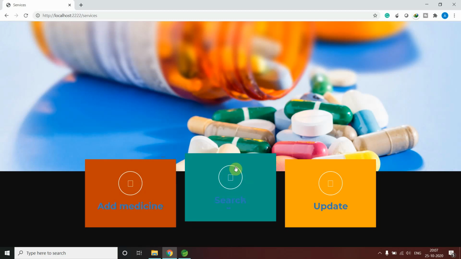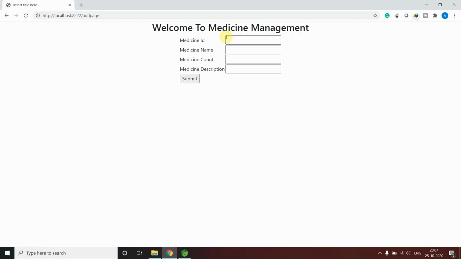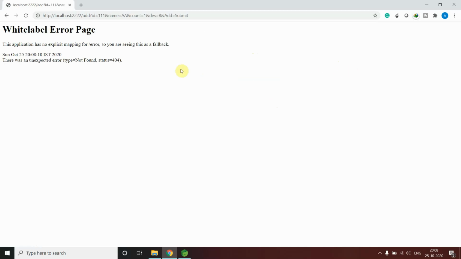So if I click on add medicine, and I give some numbers, like the medicine ID, name, count, and description, look, we don't have any explicit mapping. You know why it says that? Because we don't handle this request. This is a REST request, right? Our client is requesting our application.